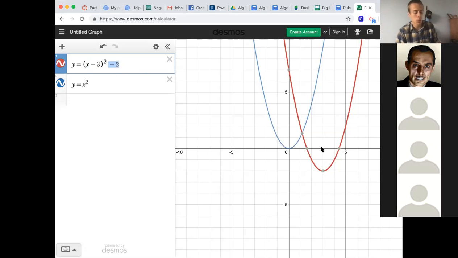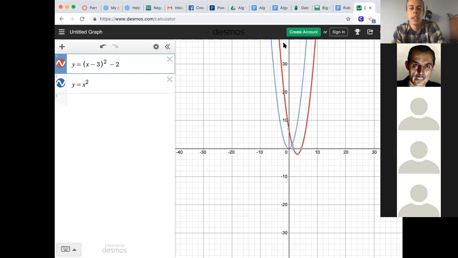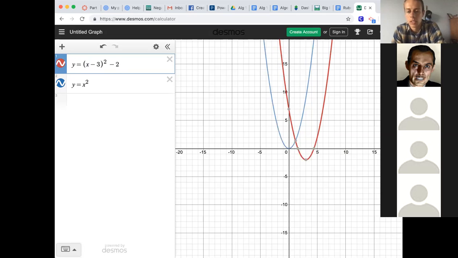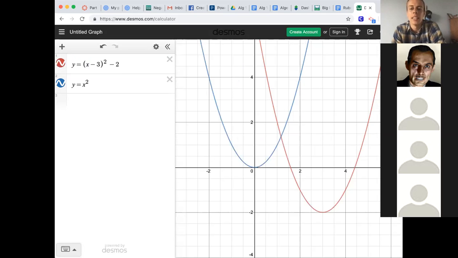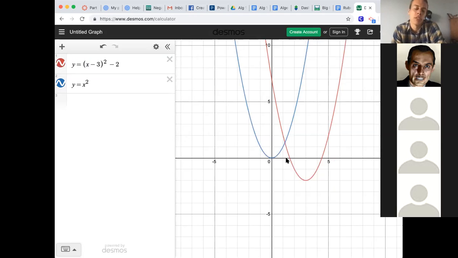And so, Neil, your question about what x values should I use? Knowing that the graph is going to move to the right 3, I was picking x values around x equals 3. So I picked 0, 1, 3, 4, 6. I didn't tell you to pick -4, because if you zoom out, if I plugged in -4, it'd be way up here. That's why I was picking the x values I was. Does that make sense? You guys might not have known that. So just knowing that the -3 is going to move it to the right 3,